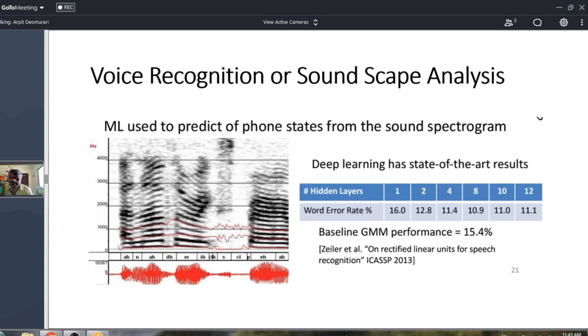Another application is voice recognition, or soundscape. It's a totally new field. Probably in this lockdown, you might have seen on Facebook different organizations and research institutes trying to understand what's happening with our soundscape. Oh, right now there is the whistle of my cooker going on. So yeah, this kind of noise or sound is happening across our environment, and how you can learn from that. If you listen to any ambient sound, there will be a lot of noise.